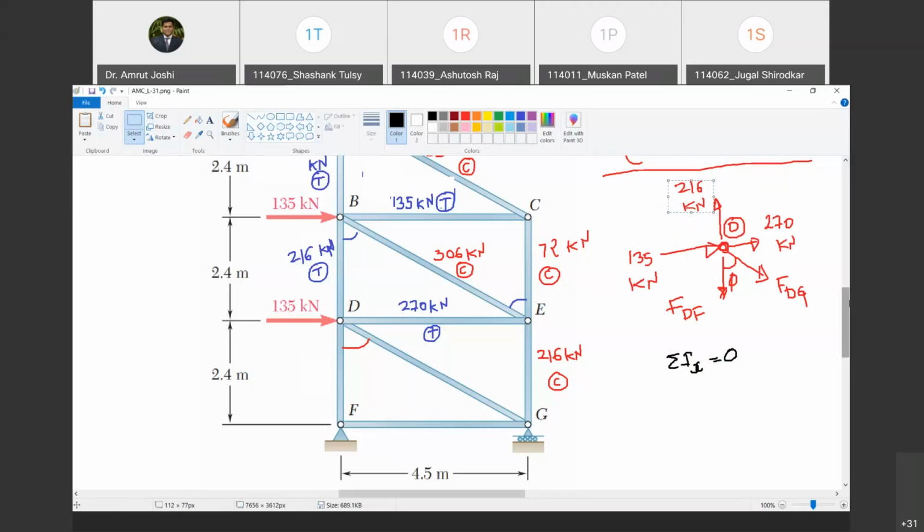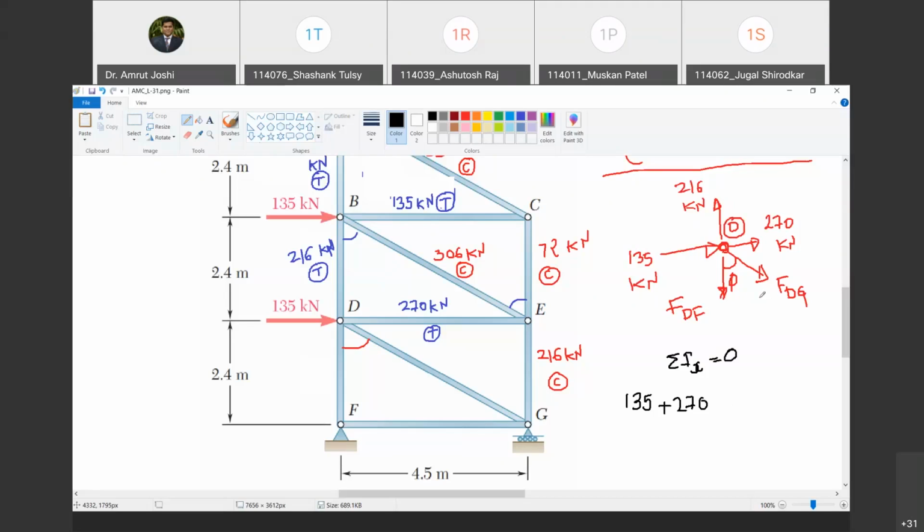This 216 kilonewton, which is a vertical force, is it going to have any component? No. Then this 135 kilonewton, as it is, is in positive x direction, so plus 135. This 270 in positive x direction, plus 270. Once again, let me stress, whenever you are writing down equations of equilibrium, the sign convention is for a single force, like towards positive x positive, towards negative x negative. It is not the sign convention of member force, tension and compression. Are you with me? Yes, sir.